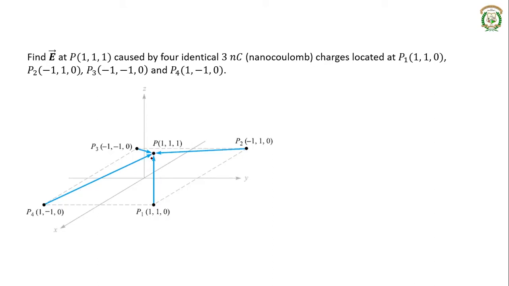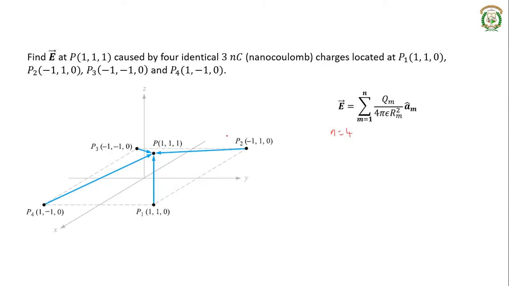As you know, whenever there is more than one charge, if you want to find the electric field intensity due to a system of charges, you can use the principle of superposition. That is, you can use the summation of electric field intensity due to these individual point charges, right? So you have the equation E equal to summation of Qm divided by 4 pi epsilon Rm square into Am cap. Here, n is equal to 4 because there are 4 charges P1, P2, P3, P4.